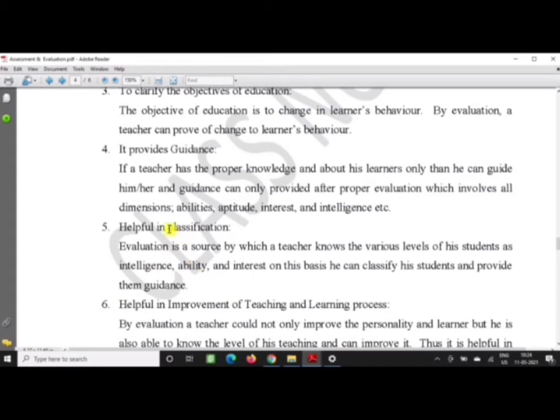Okay, help in classification. Evaluation helps in classifying students based on the students' intelligence, ability, and interest. Not only this, it also helps in classifying students on the basis of their achievement. For example, higher achiever, average achiever, or lower achiever. So the classification happens here.